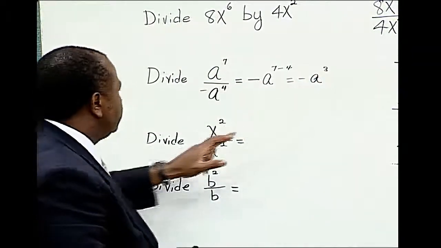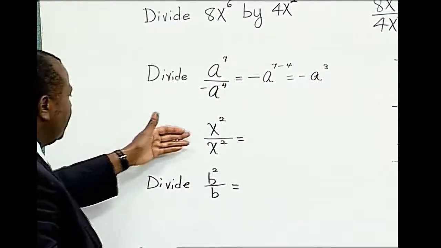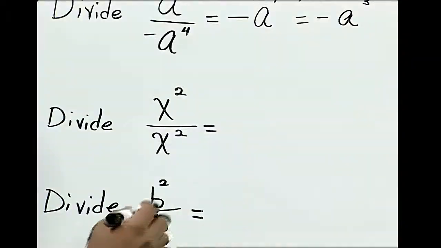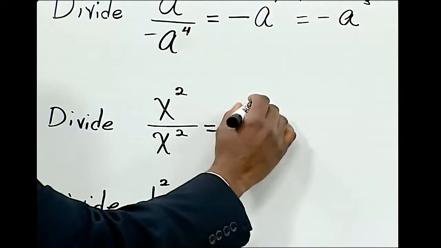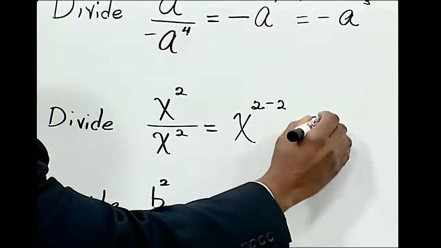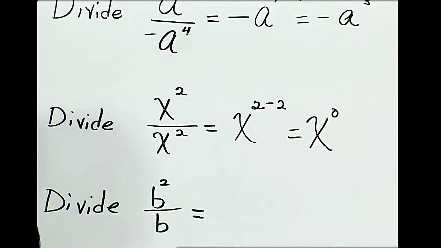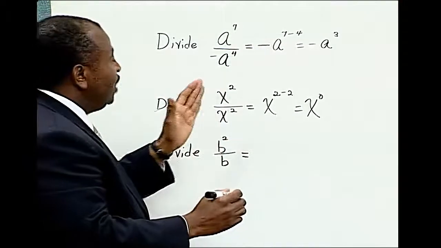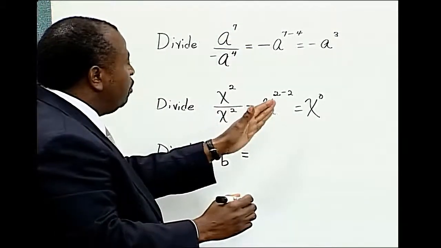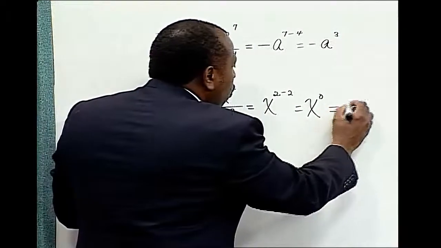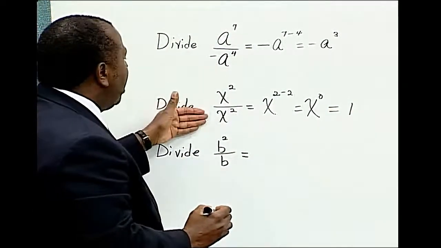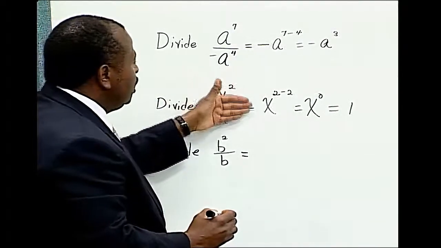to the 3rd power. Example number 3, x to the 2nd power divided by x to the 2nd power is equal to x to the 2 minus 2. That is equal to x to the 0 power. By definition, x to the 0 power, or any variable, or any number raised to the 0 power, is equal to 1. Therefore, x to the 2nd power divided by x to the 2nd power is equal to